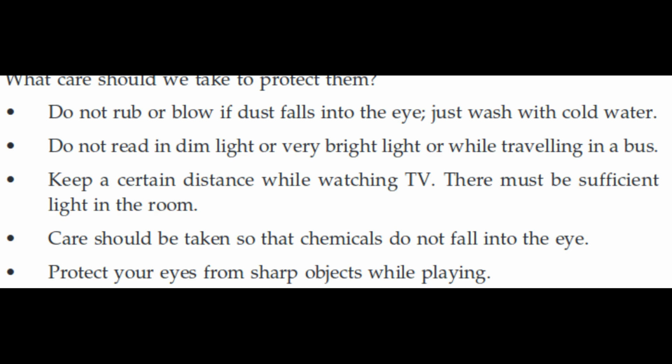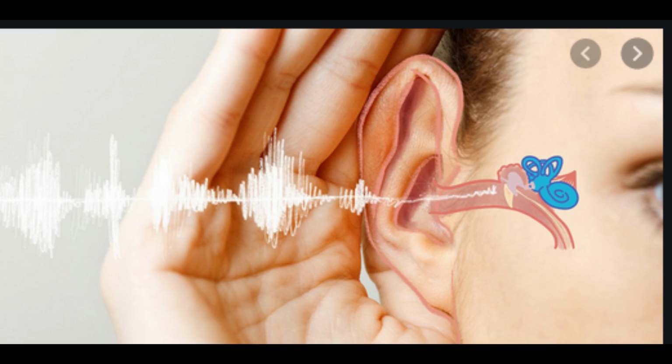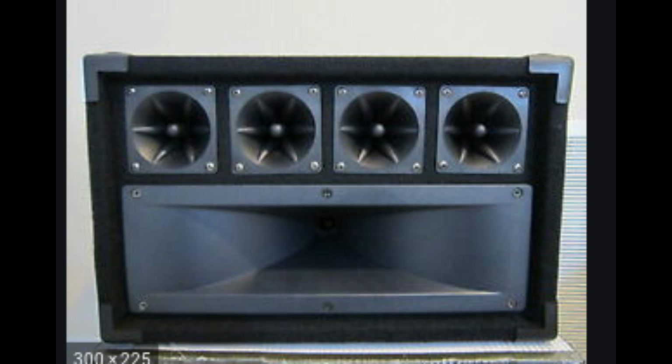Okay, so we can recognize the barking of dogs and the sound of bats in the mango tree at night. And how can you understand these without light? You understand these with the help of sound, that is, with the help of the ear. The only part we can see of the external ear is the pinna. It receives sound and directs it into the ear. These sounds pass through different parts of the ear and this information passes to the brain. Then we recognize the sound.